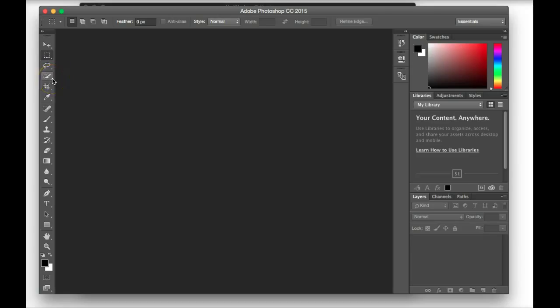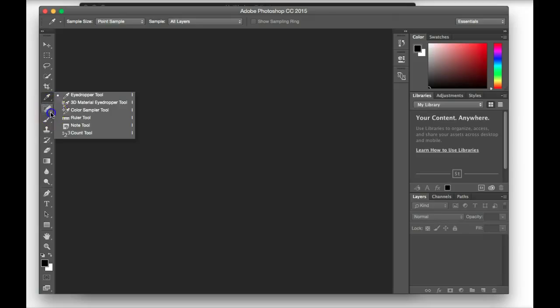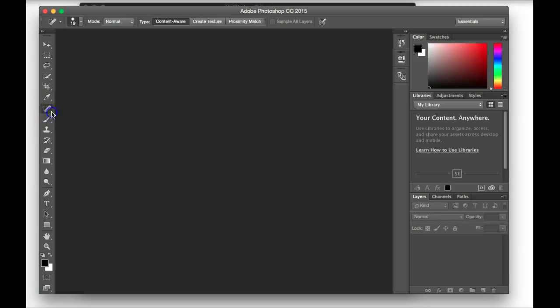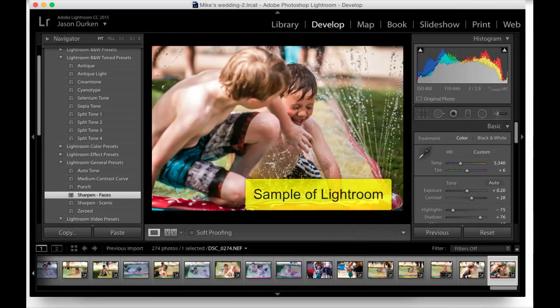Photoshop, as you can see, they have these tools, but then when you select on the drop down, a lot of times they'll have multiple selections of more advanced tools that you can get into. So if you're looking for all the features, I think Photoshop's probably the way to go. Plus, I'm not really getting into it here, but I'm telling you, Lightroom is probably my favorite program. It doesn't do the layering like Photoshop does, or like Pixelmator. It's just like an editing tool to do some more basic edits and enhancements